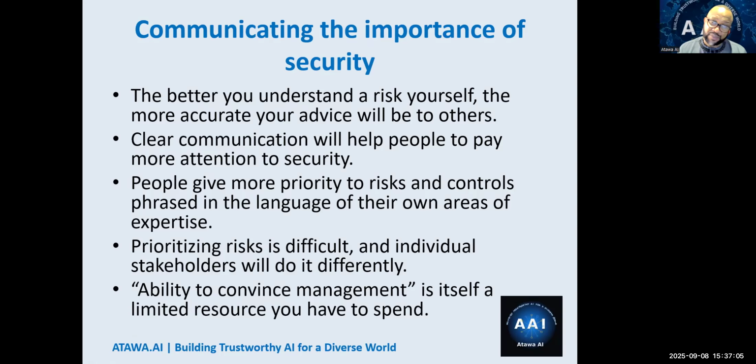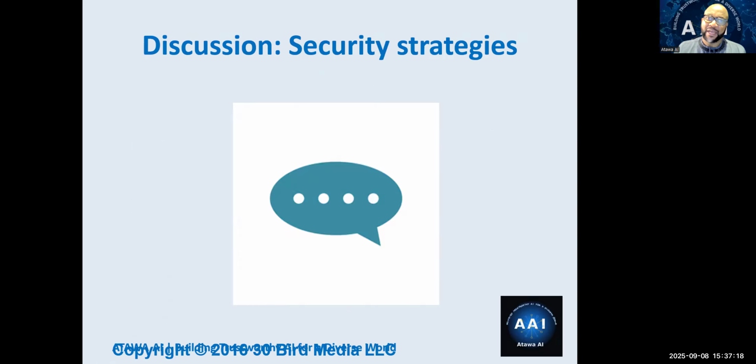Sometimes it's an issue of convincing management, until something happens, probably with a lack of resources. But thankfully, a lot of people are beginning to understand the importance of cybersecurity, just like with cybersecurity insurance. Again, this is just another discussion about security strategy. I just linked it in there.